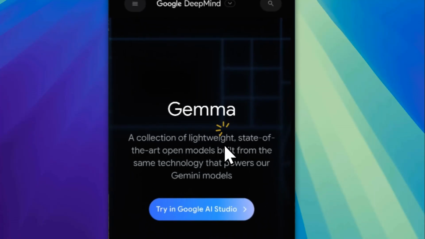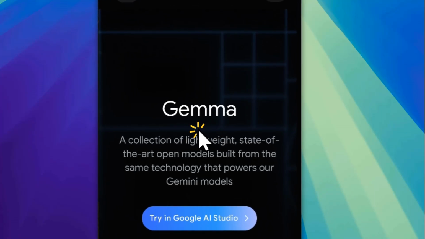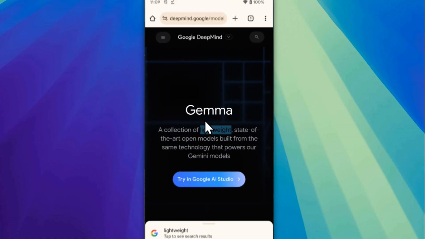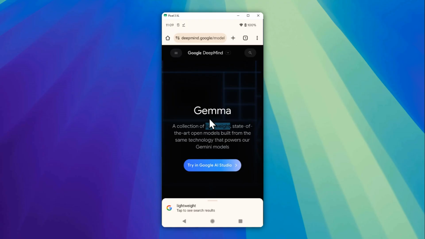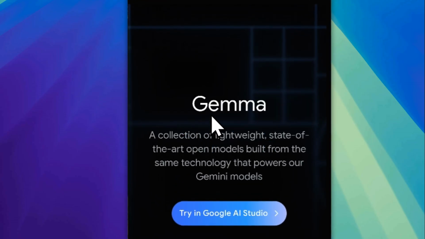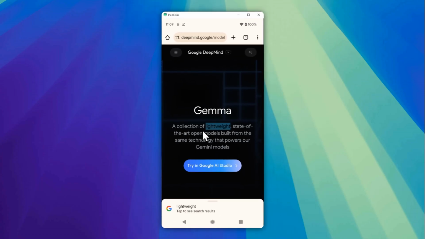Hi there, in this video I'm going to show you how you can download and run the Gemma AI model on your Android phone. So basically it is very much similar to Gemini, except this model is open source and it is lightweight, so you don't have to worry if your Android phone is not powerful enough to run this model. This is designed to run even on an Android phone with only 2 GB of RAM, so it's very